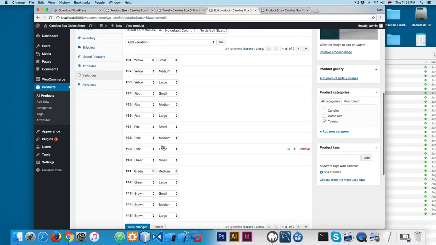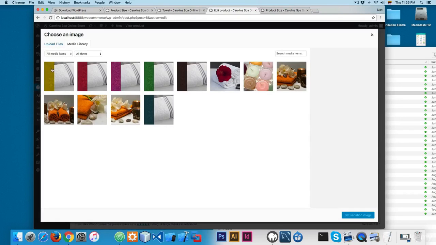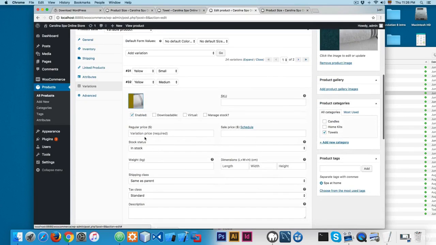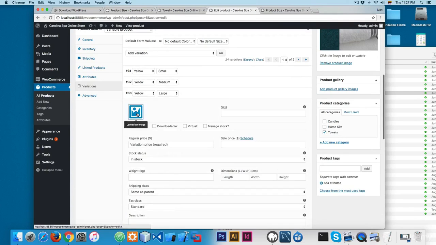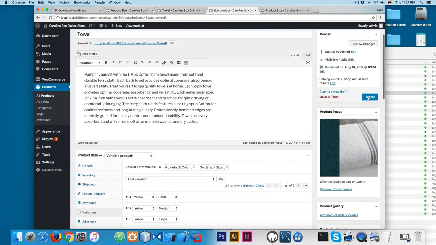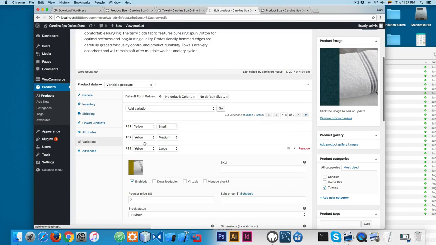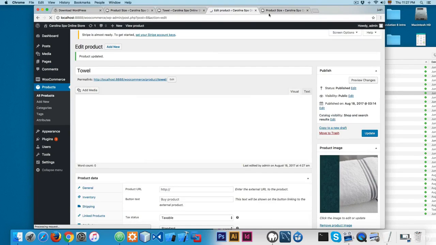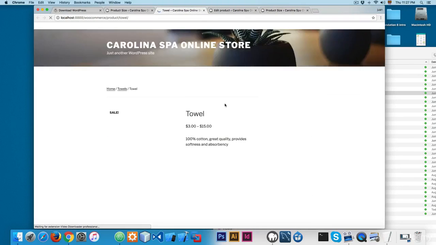And of course, I'm not gonna add all the sizes. So click here, it's going to be this one. Maybe this one is going to be 5. And for the large version, I'm gonna add also the image. And maybe it's going to be 7 right here. So you can update this. And you can see that I edited the yellow color. So now you can reload the front end.